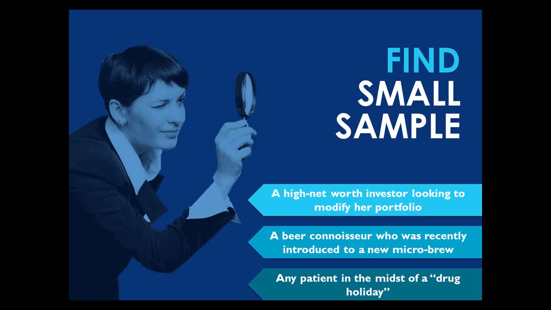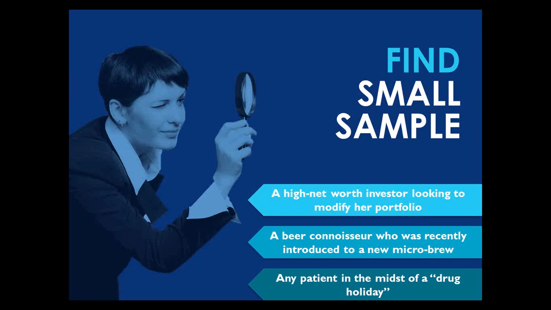So I started to think about what are the various small samples that we run into. For instance, if you were a financial services company and you were looking for a high net worth investor who for some reason or another was looking to modify her portfolio, it might be one thing to find a high net worth investor. They're out there. They're not that easy to find, but they're out there. But if you start looking for somebody who is at a decision point, at a turning point, at a place where you can insert yourself as an organization and say, we'd like to change her process,